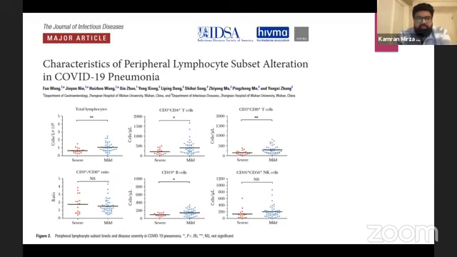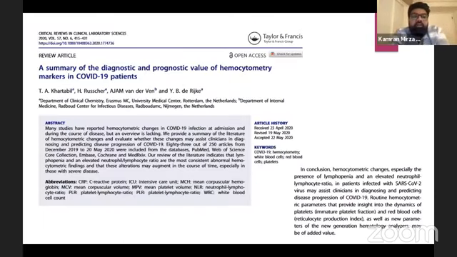Here, basically, this is the same. I think it just looked a little different. So the summary of diagnostic and prognostic value of hemocytometry has been published also in a study from the Netherlands. If anybody wants to look at this article, you are absolutely free to do so. However, I just wanted to summarize that the hemocytometric changes they conclude, especially the presence of lymphopenia, right, and